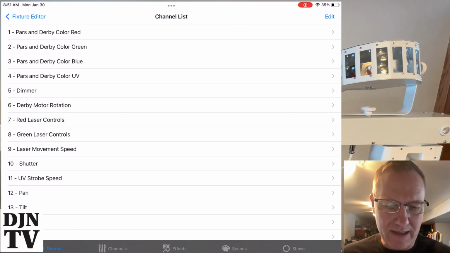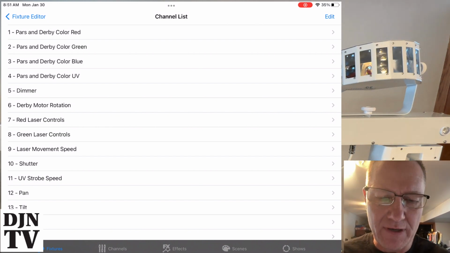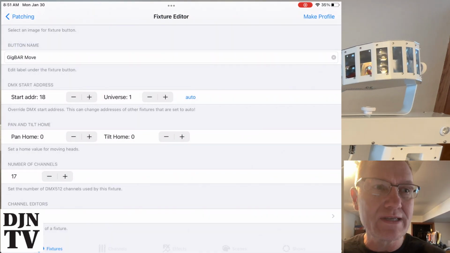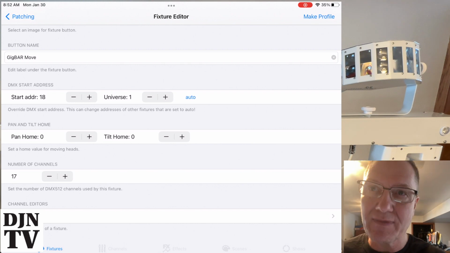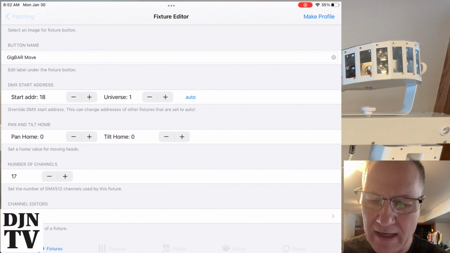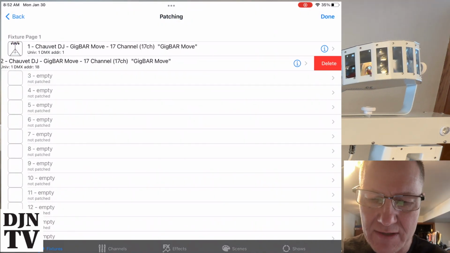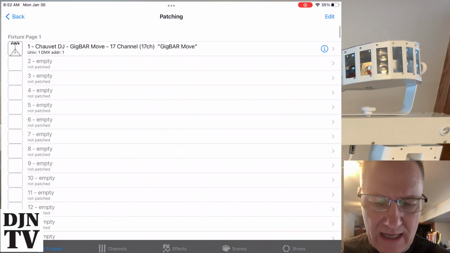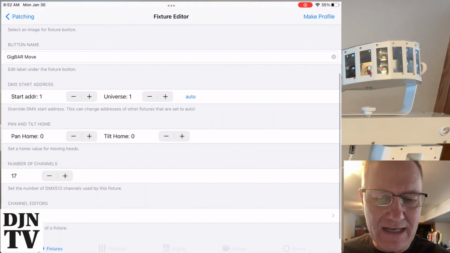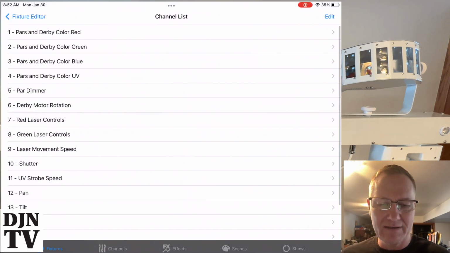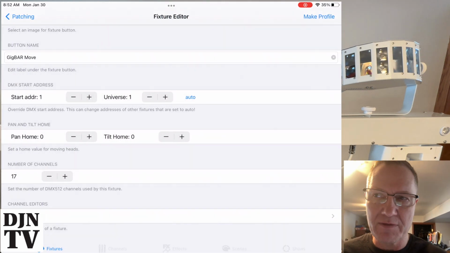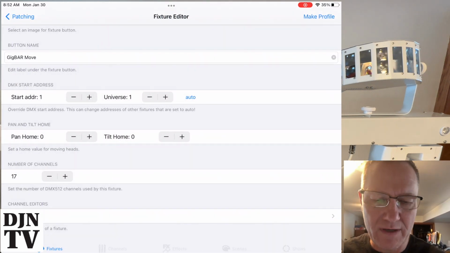And that became a problem, is that there were two things named dimmer, and when I was going to set this up, I would be able to control everything. I can control the movements of the moving heads with an effect, but it wouldn't have any control of the dimmer. Let me take you back here, and this is the one that I'm actually going to delete, that second one, because I'm not using it. This is the one that I am using. And this is what I had to do to make it work: I had to rename the dimmer for number 5 to par dimmer. Now the software understood that the dimmer for the moving heads was a dimmer, and that worked wonderfully,